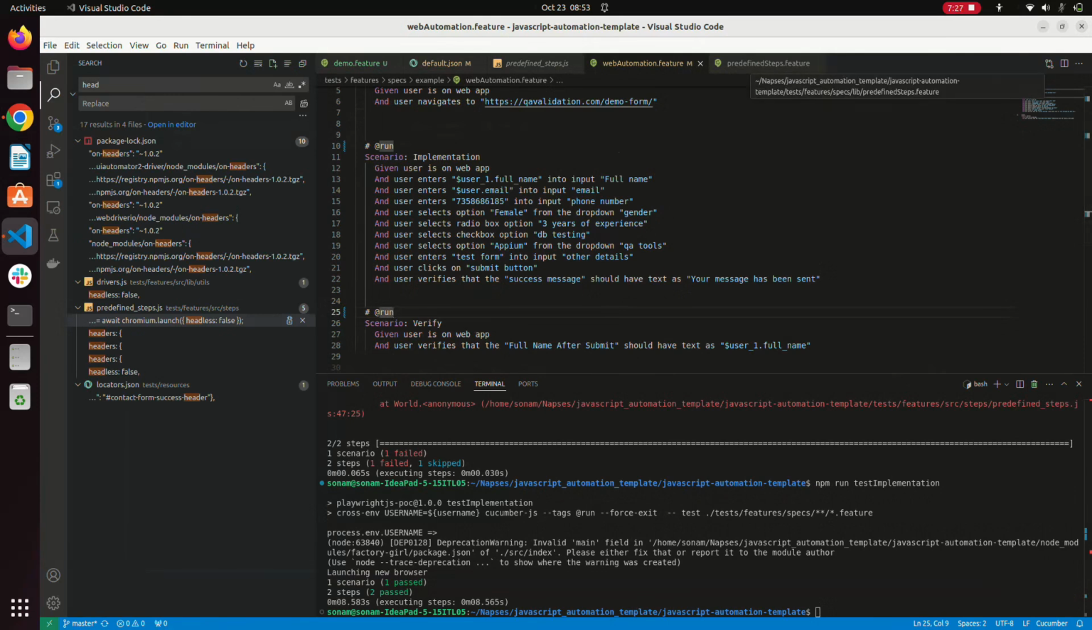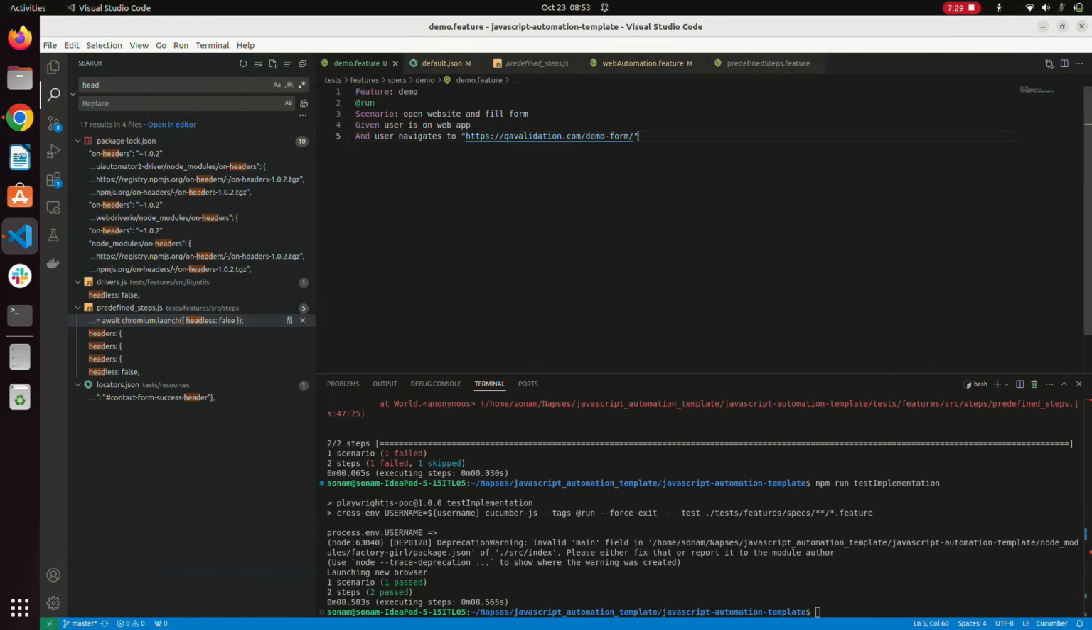In the scenario, we said we want to open website and fill form. So we have opened the website. Now we want to fill the form. There are multiple ways we can store this value. First of all, we can directly put in the value whatever we want to enter over here. Another way is